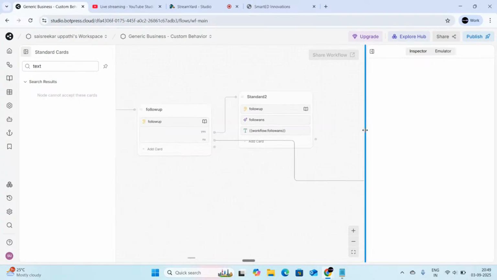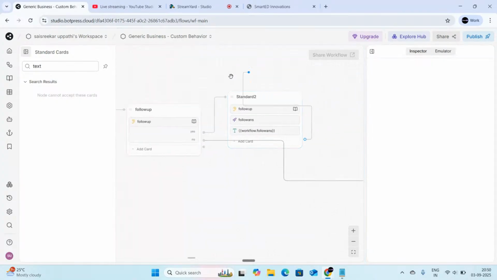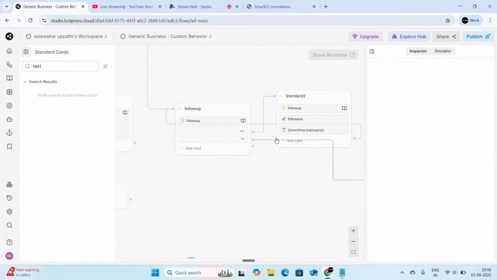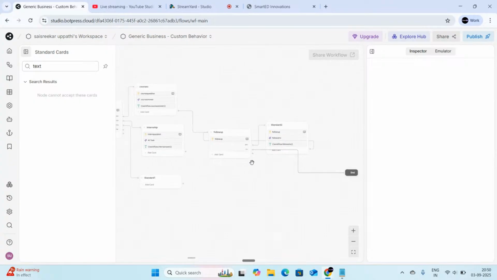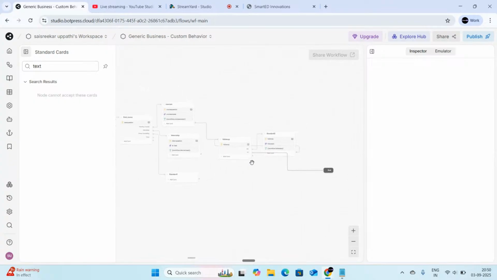And after the user asks some follow-ups, I'm just going to take it back to here. After asking some follow-up again, if he has some follow-ups, then he can ask, and it will keep going on until the user selects no. Let's just test out the trendy courses workflow we made here,